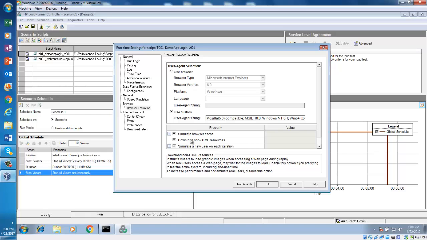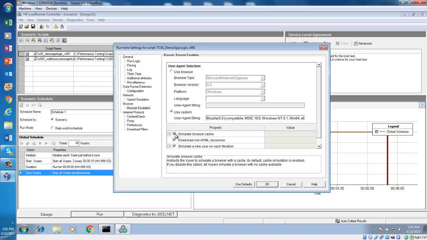So I had a situation where one application was taking a longer duration. Let's say it's supposed to take 5 seconds, it's taking 10 seconds. Now the question, why is it taking 10 seconds? In reality, it is not taking 10 seconds. And then what we saw, can you see what we saw? We have this setting here. We were not simulating browser cache. Every time we were taking stuff from the server, so it was taking longer time.